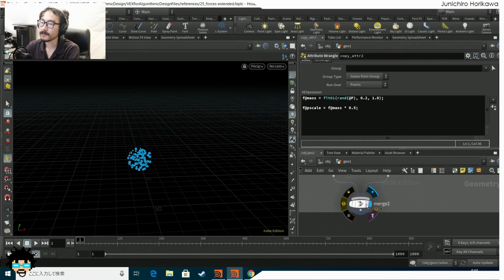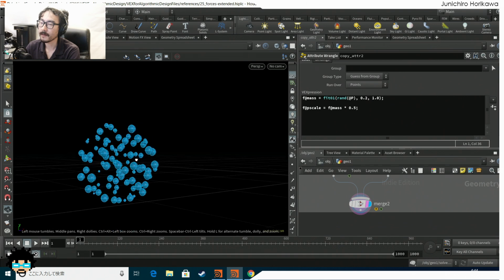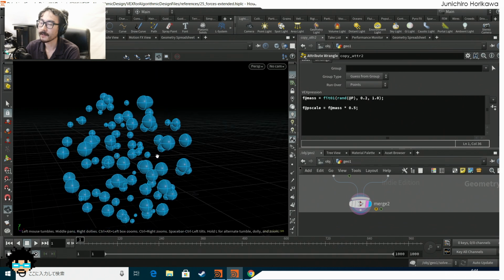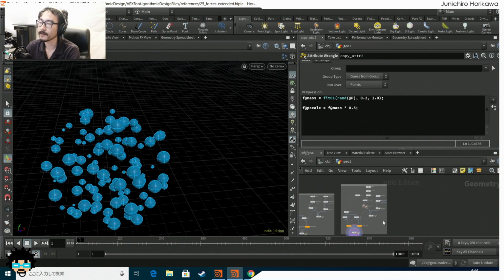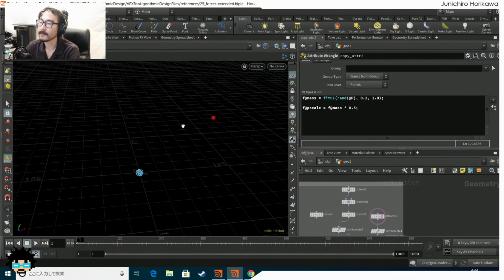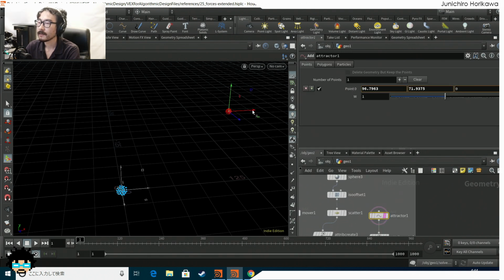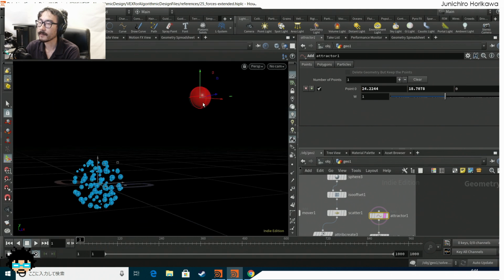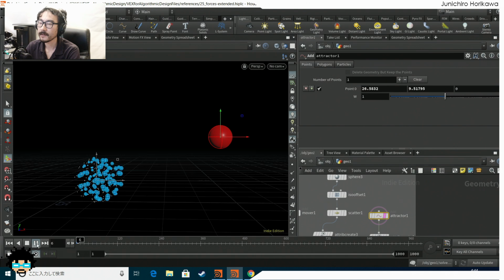Now I'm going to show this up. Now you can see that the objects have a variety of sizes, and it will affect the speed at which these objects move toward the attractor. Now let's make the position of the attractor a bit closer to the objects. Okay, somewhere around here, and let's see what happens. Somewhere close enough. All right, if I play it,